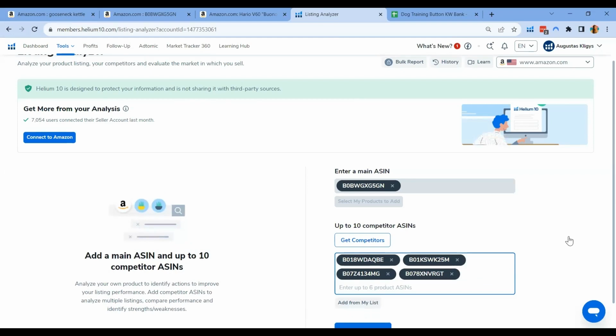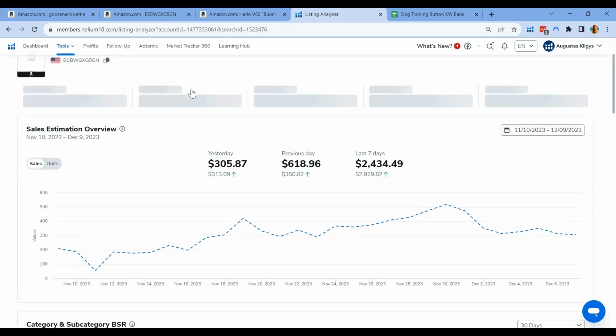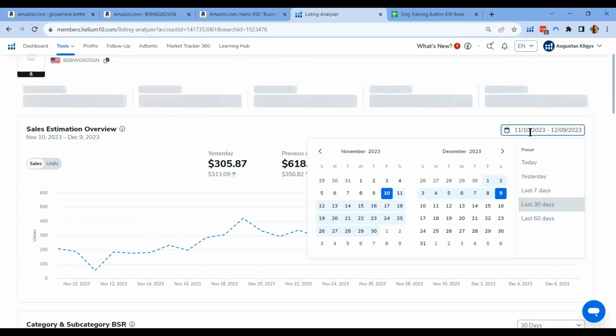Let's run the analysis. So what I like about Helium 10 Listing Analyzer is that if you're a Diamond member or a Platinum member, you can track the sales of your ASIN. You can find out when your sales are dipping up and especially when it's dipping down. For example, here, we chose that ASIN. So Helium 10 is able to track the sales of this product over time.